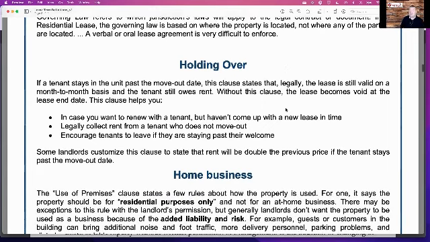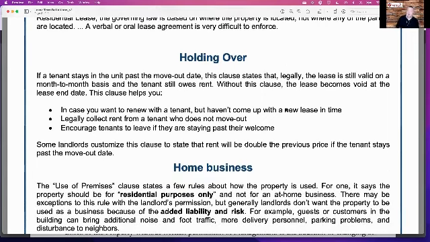Now, our last one we're going to go over on this episode is holding over. So holding over just means a little bit more about what happens at the end of a lease term. At the end of your lease term, are you allowed to go month to month? Does your lease terminate? Does your rent double? These are things that you have to sit back